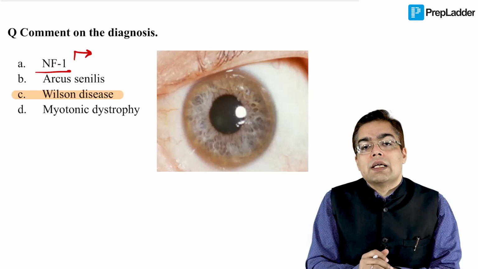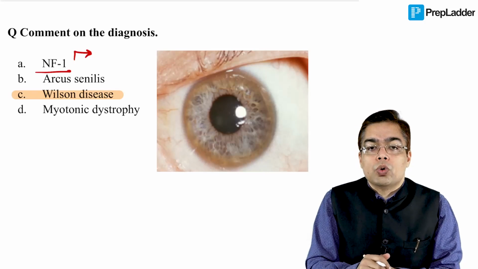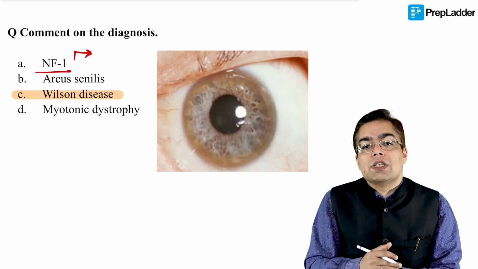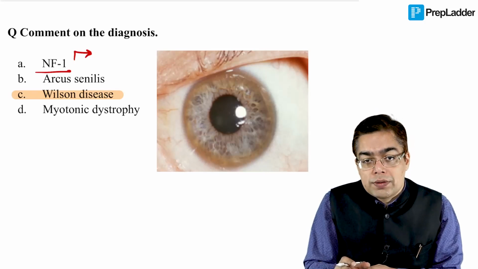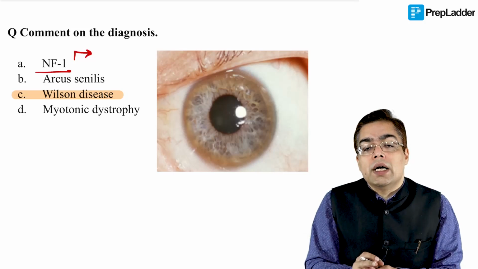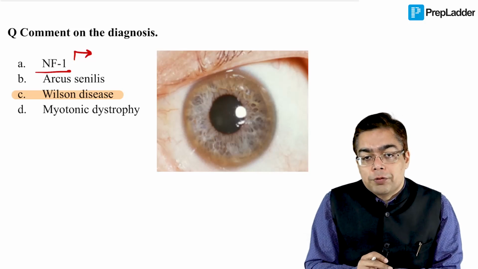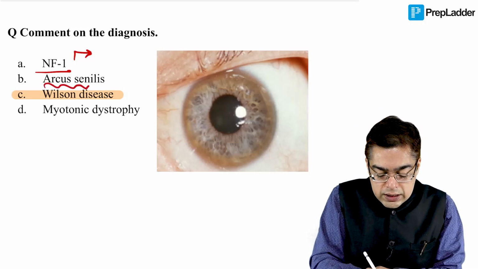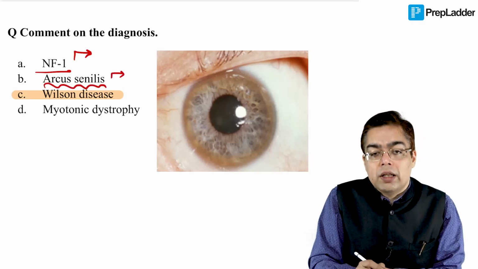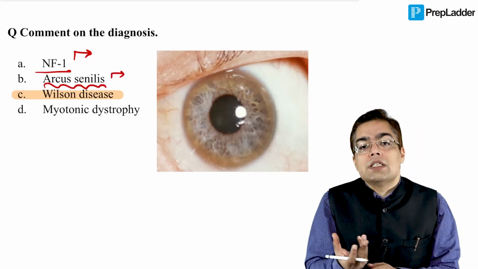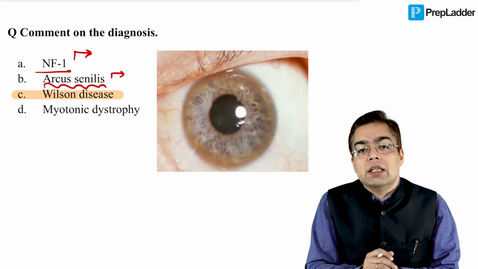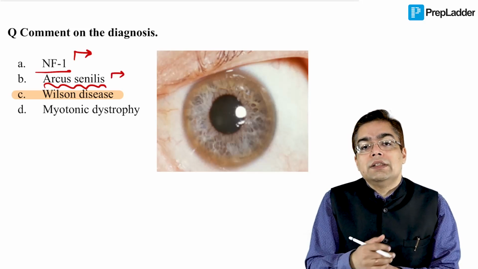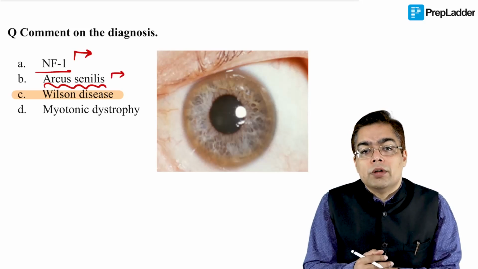This is going to be an example of a condition in which the patients are also going to be having the other manifestations in the form of Café-au-lait spots. So that is what is typically given to you as a kind of dermopath question. Option B, arcus senilis, is an example of something that a lot of you have read in ophthalmology. The natural change, or I would say the change in the cornea because of the increasing age of an individual, is what is being given the name of arcus senilis.